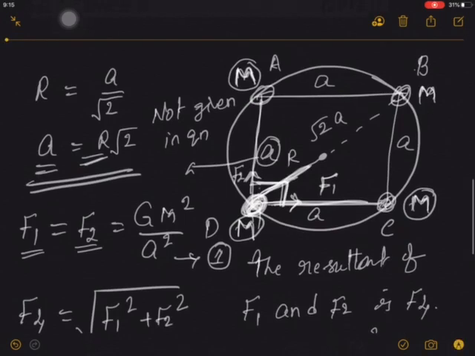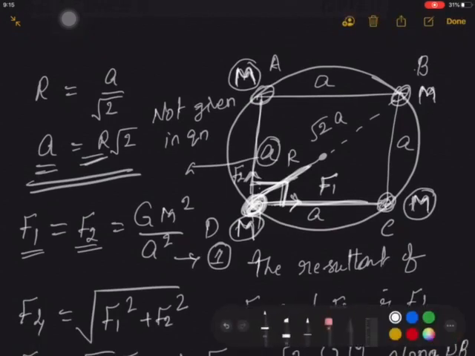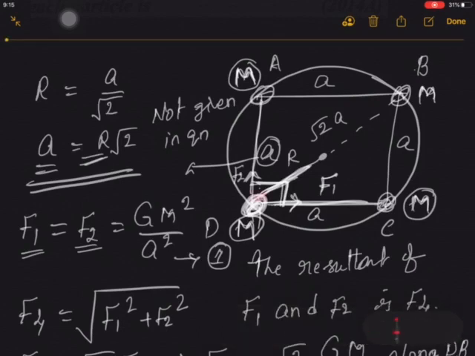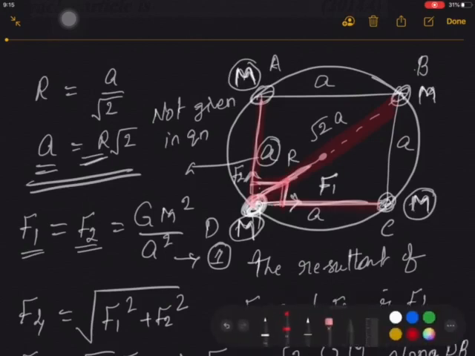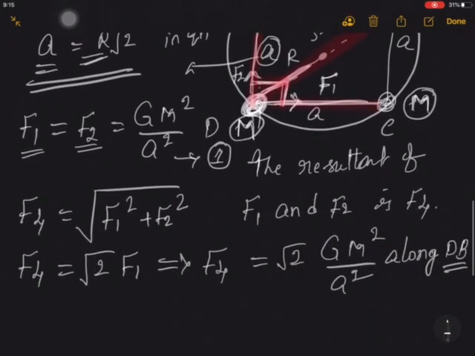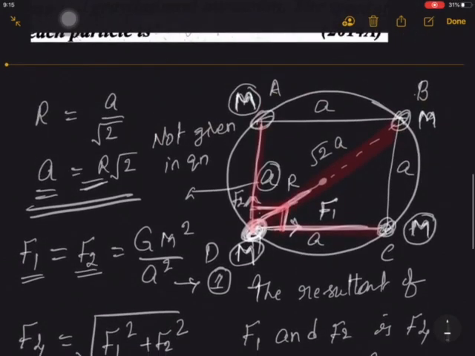and this will be acting along dB. This will be acting along dB. I am showing you here with the help of this marker. It is acting in the direction of dB diagonally, because this is F1, this is F2. ये दोनों के बीच में एंगल 90 डिग्रीज, एंगल बाइसेक्टर एक्ट मीन्स एंगल बाइसेक्ट करता है.